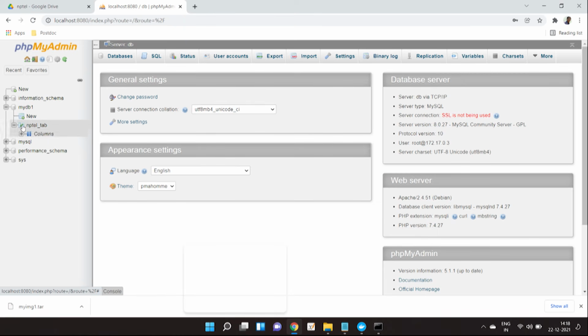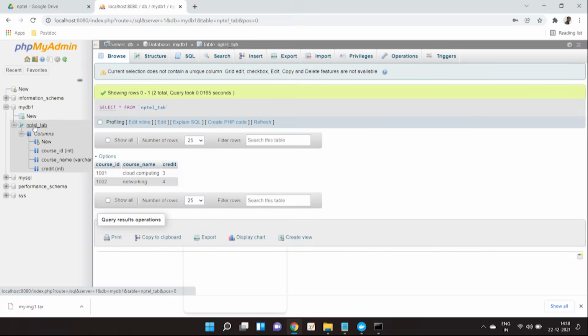The NPTEL table which I created exists here, and the three columns, course ID, course name and credit, are all available. Let us see what data is there: cloud computing 3, 1001 and 1002, networking 4. Those records which were updated on another machine and shipped as a container to my machine, the data is still present.